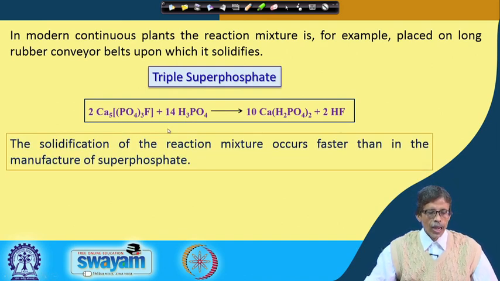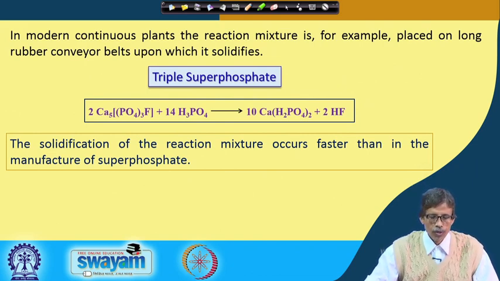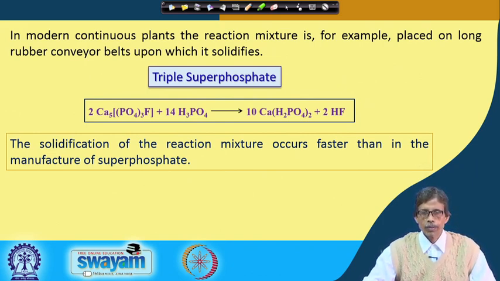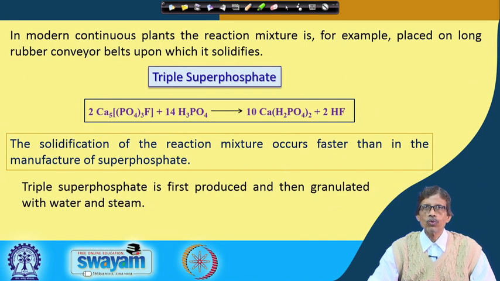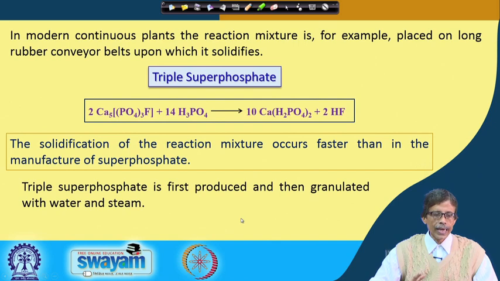hydrofluoric acid. In this particular case, the solidification of the reaction mixture occurs faster than in the manufacture of the superphosphate. So, we have two types of phosphate-based material, one is superphosphate, another is triple superphosphate. The only procedural difference is that in one case you use sulfuric acid, in another case we use phosphoric acid, and this triple superphosphate is first produced and then granulated with water and steam. When it reacts with phosphoric acid, which is nothing but syrupy phosphoric acid, that syrupy phosphoric acid can give you